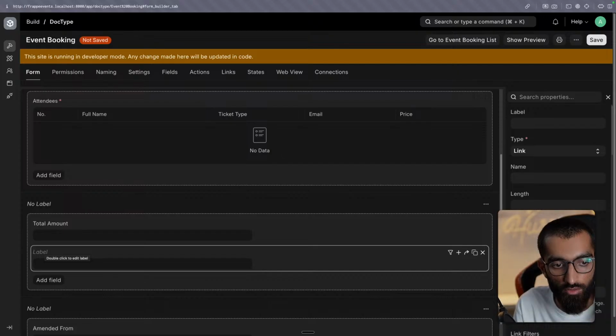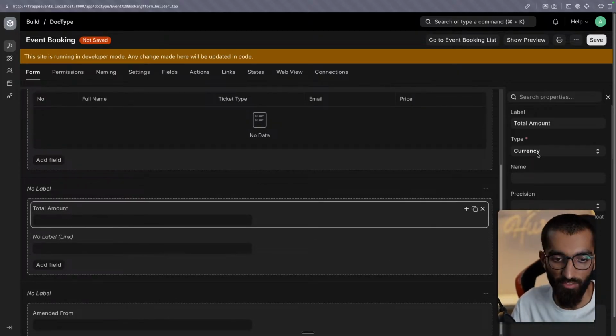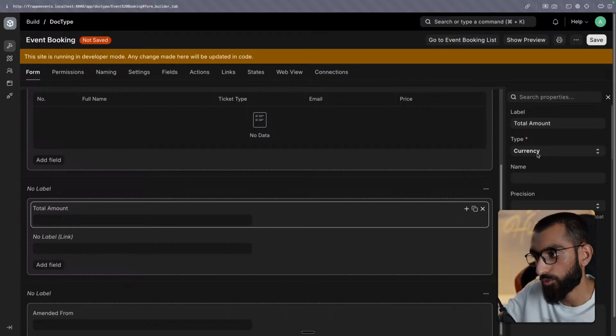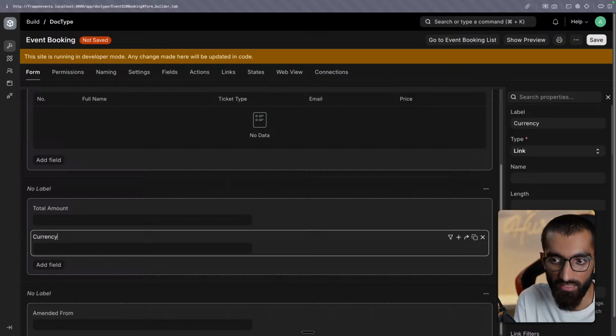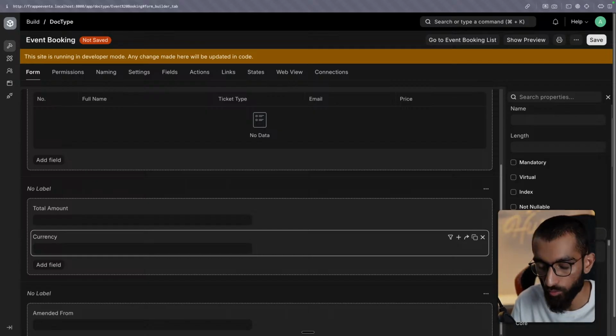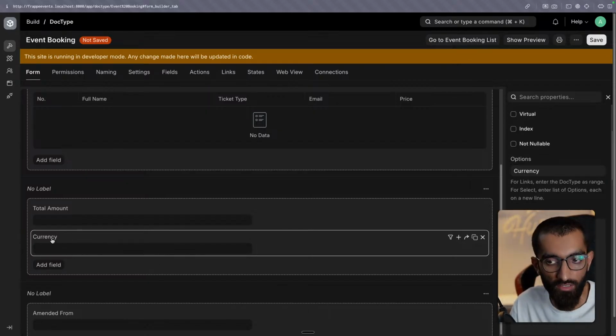So Romanos says, why didn't it work? So basically, total amount is a currency field, right? But it didn't know what type of currency it is. Is it INR or USD? So what we do is we add a new field. We call it anything. In this case, I'm just calling it currency, right? And then I'm linking it to the currency doc type in Frappe. So whatever currency the user selects,